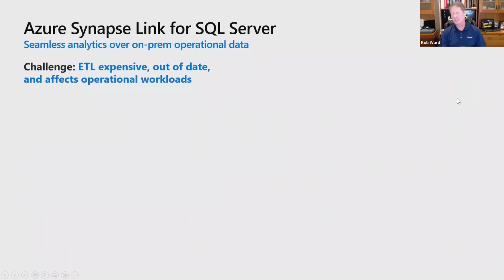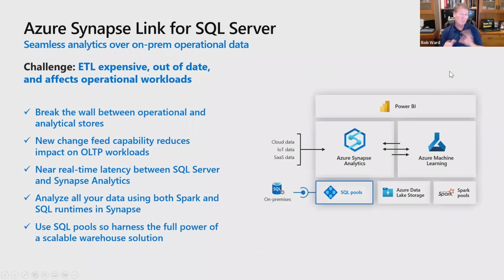Now, the second part of this conversation is analytics and Synapse Link. So everybody here today watching and listening knows that doing ETL, managing ETL applications, can be time-consuming and expensive. And typically, if you're copying data, it can become out of date. So what we're doing for SQL Server is we're linking together, here's that keyword again, a SQL Server on premises or maybe an Azure VM to Synapse SQL pools in a seamless, connected, near real-time fashion. So therefore, if changes get done in SQL Server, they show up in Synapse near real-time. And what we mean by near real-time is sometimes a matter of seconds. My data's there, you query data just like it's in a dedicated SQL pool today.